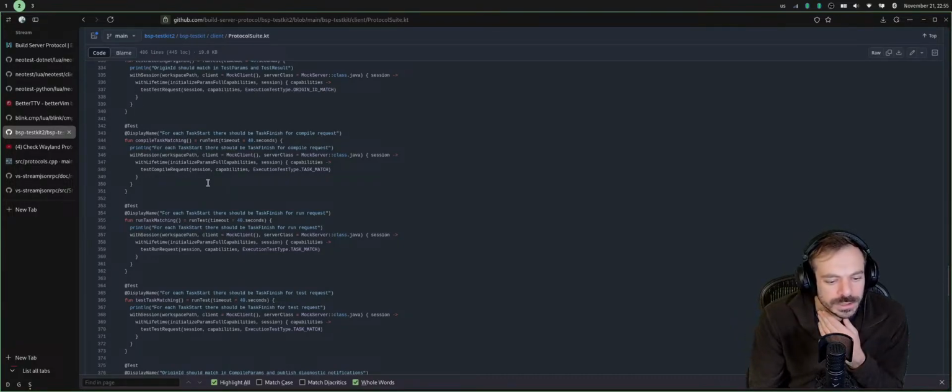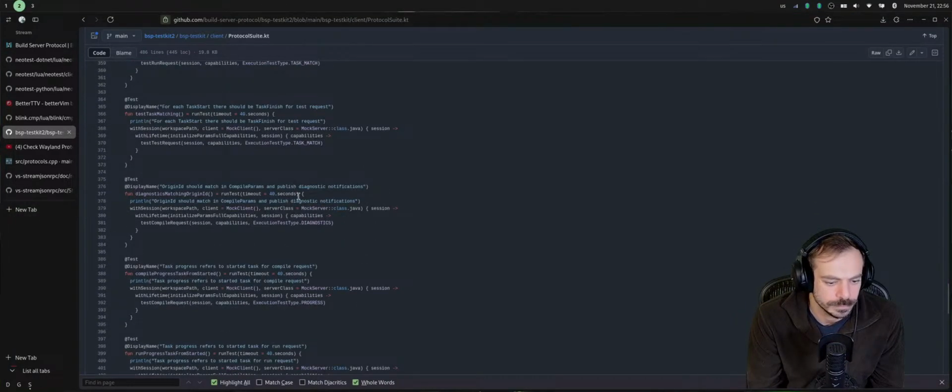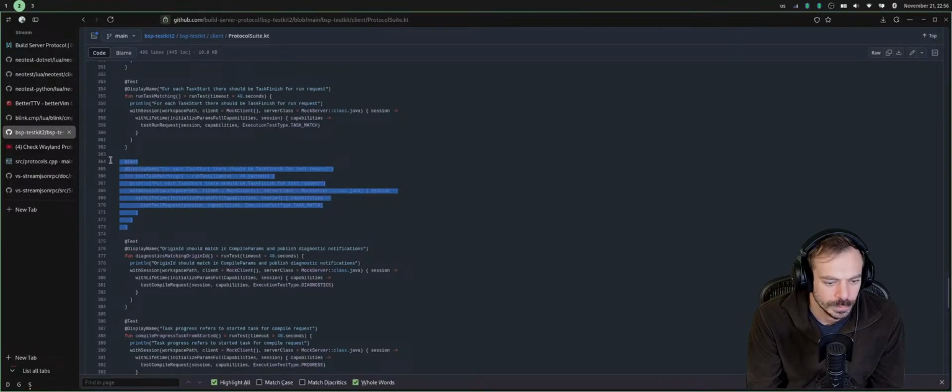Task start should be a task finish for compile request. Task start should be a task finish for test request.